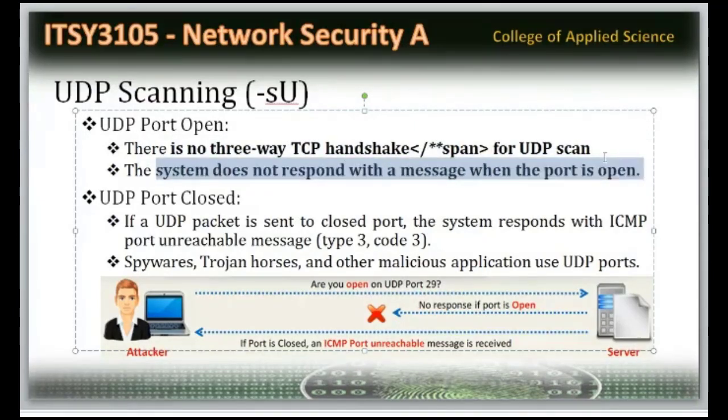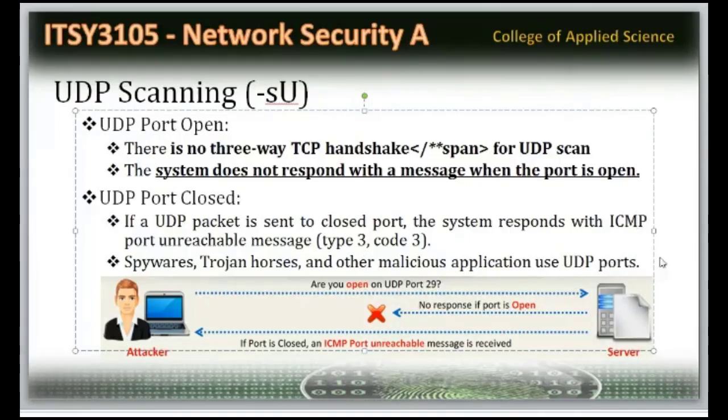Here it is not going to respond anything. But you can use ping commands, ICMP protocols. Now you can see, if a UDP packet is sent to a closed port, the system responds with an ICMP packet. So now you see, are you open? I'm just sending a UDP packet. Here, no acknowledgement, nothing.